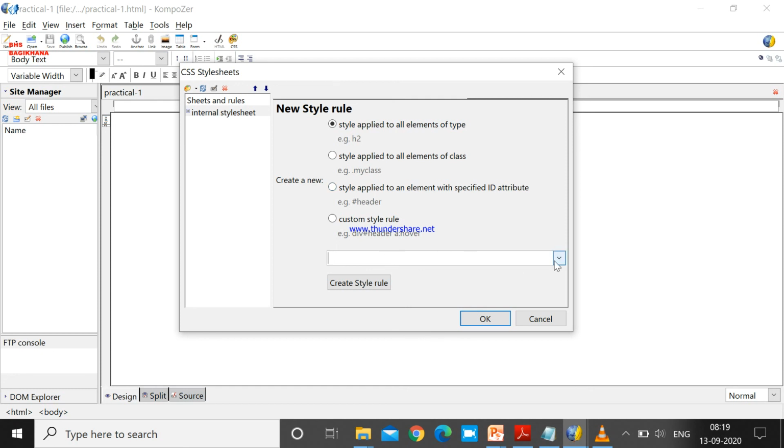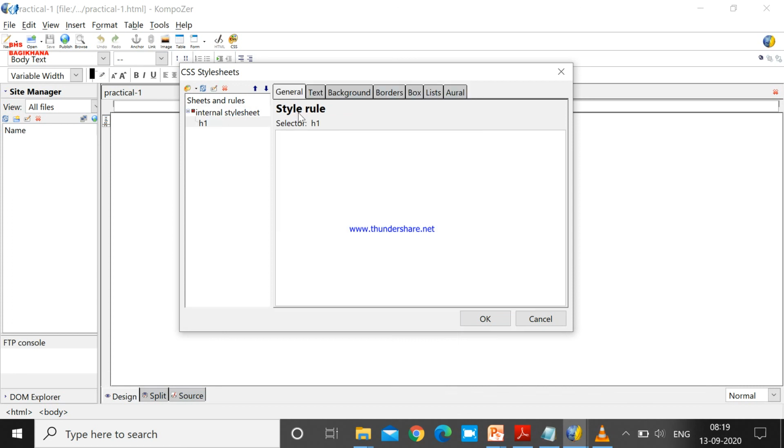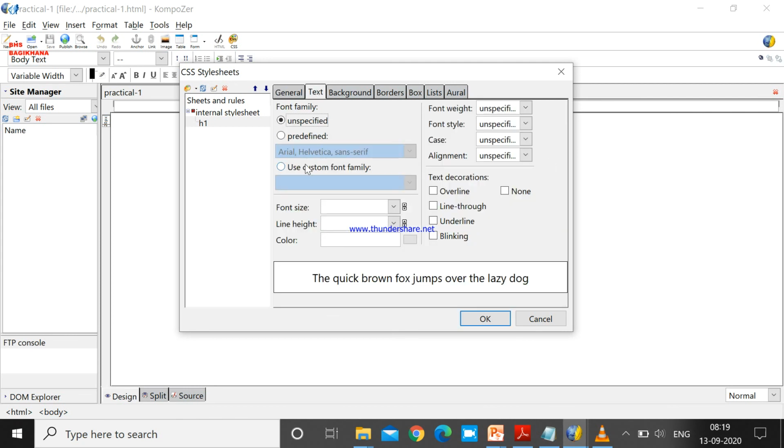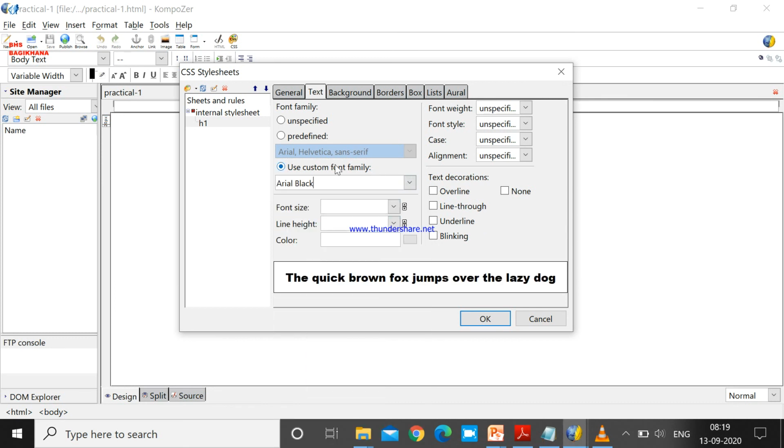For example, students, I want to set H1 for my chapter title. So select H1 and set style rule. Here different text families are given. From that I am selecting Arial Black. Font weight, it is bold. Font style, it is normal.